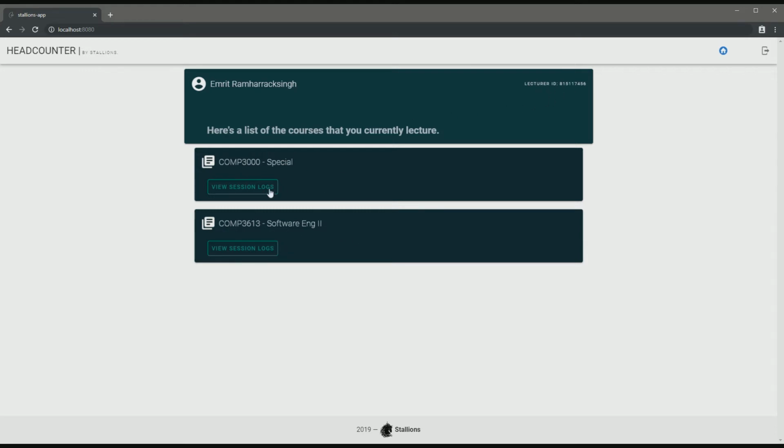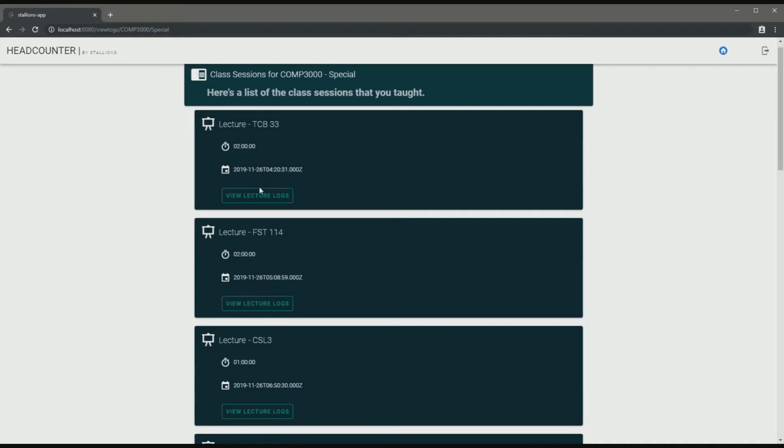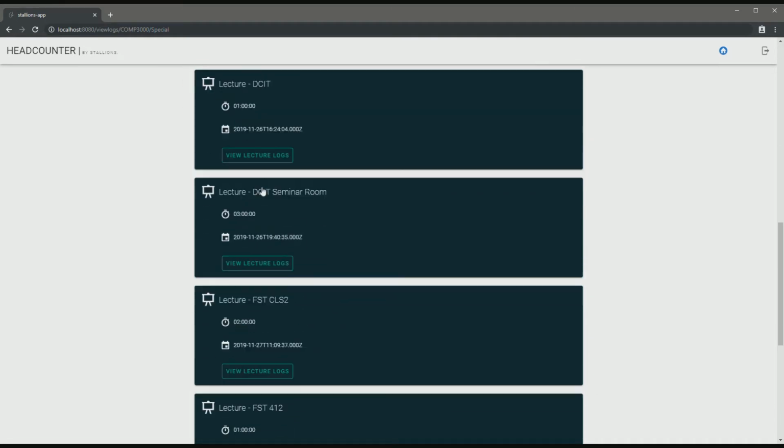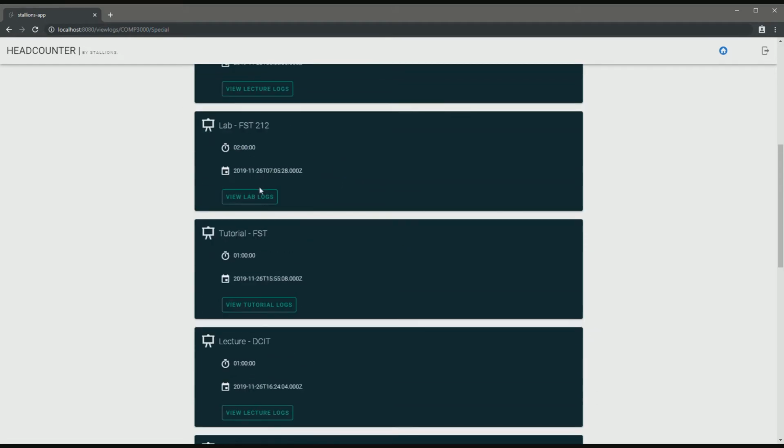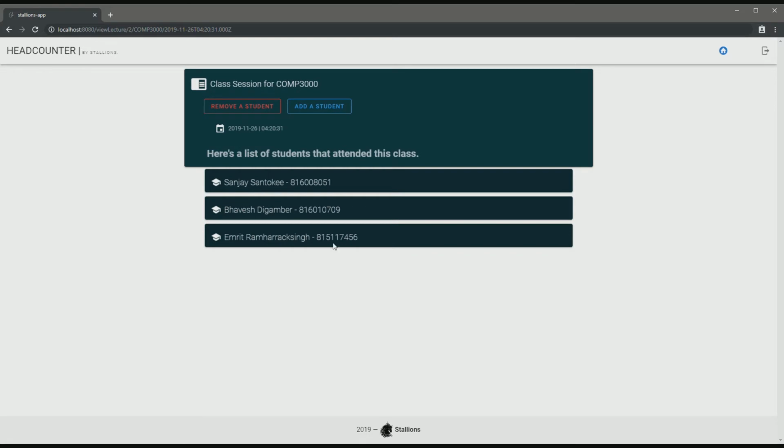lectures. For example, if we go to Com 3000, we can see all the lectures, labs, and tutorials for that course. If we further go into the lecture logs, we can see a list of the students and their corresponding IDs